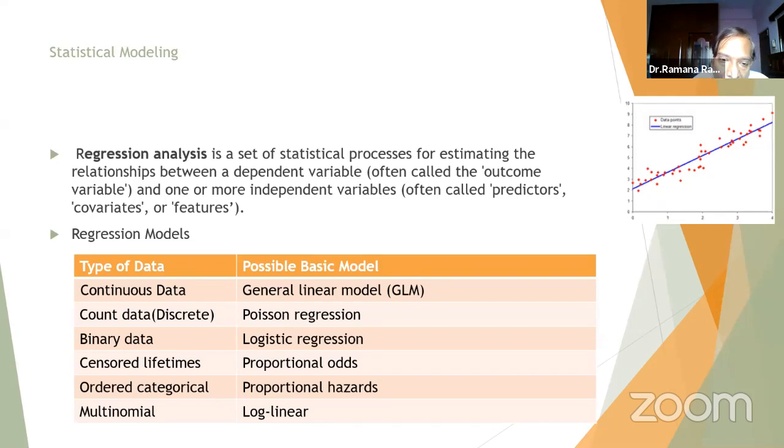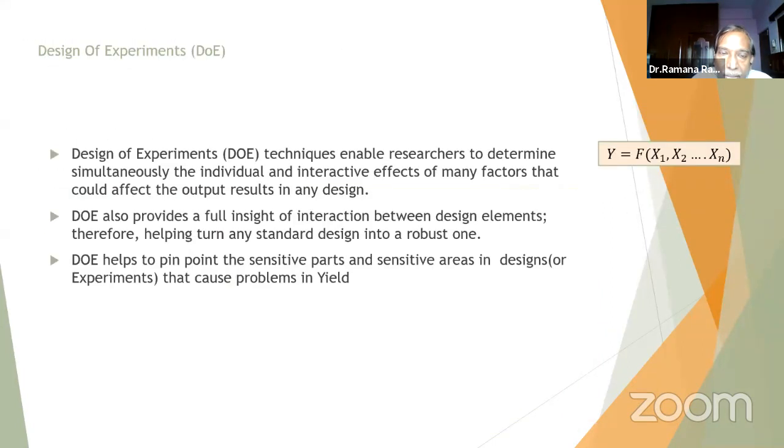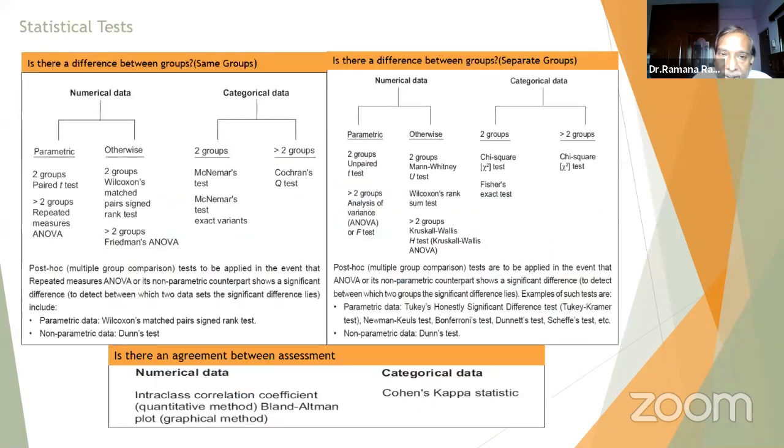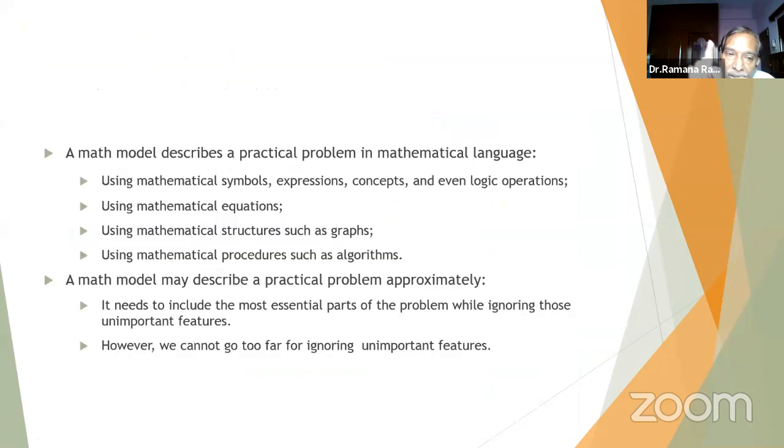That is the purpose. Now the next question comes: how many types of regression models are there? I have mentioned them here. These are all connected to the data type I mentioned in my earlier slide. Here I mentioned the data type. So this is the crux of the entire statistical modeling. These data types decide which model we have to use in statistical modeling, especially in regression analysis.